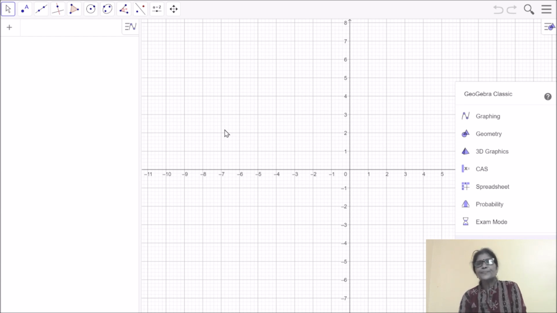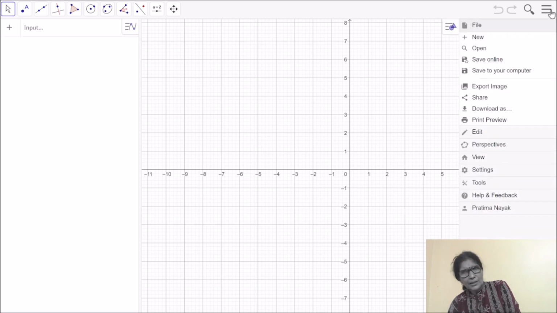So for that, I need an input bar. If you cannot see this input bar at the bottom, then go to the menu. There you will find file, new, open, save, online, share, download, edit, and view.